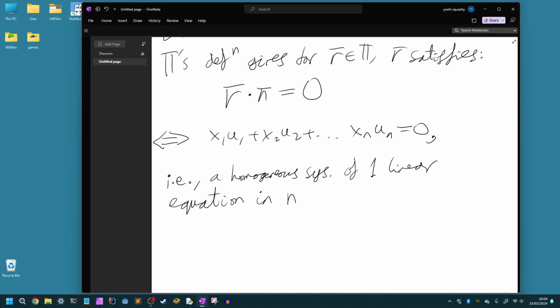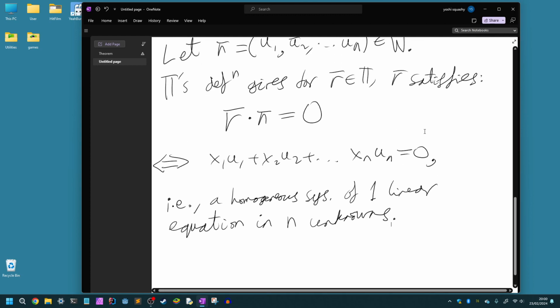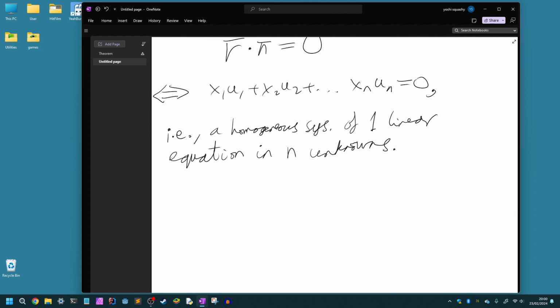In n unknowns. Okay. And we can just put directly this implies, because homogeneous systems always have the x1 equals x2 equals xn equals 0 solution, so we have implies